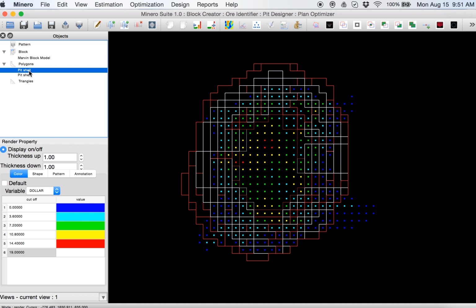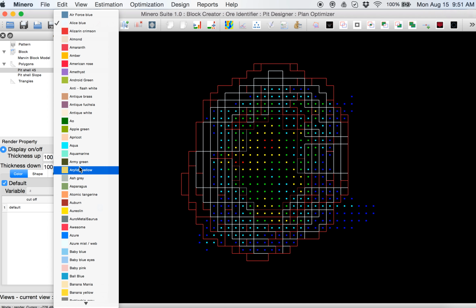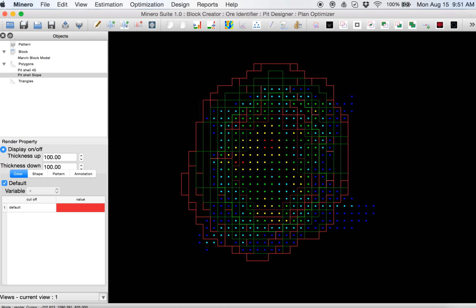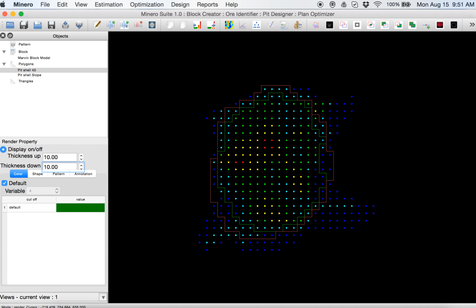Pit shell 45, green. So pit shell 45 degrees in blue, pit shell slope in red.